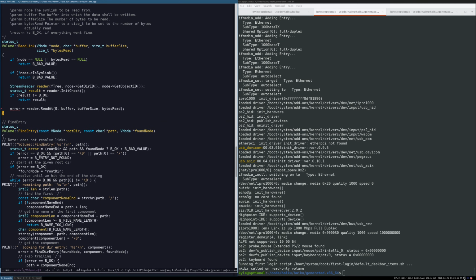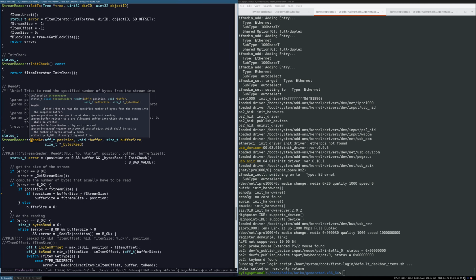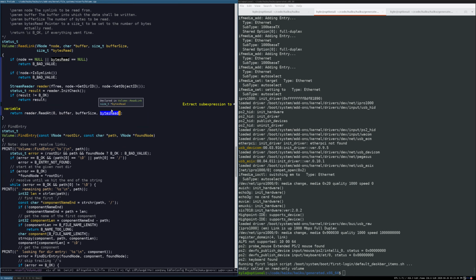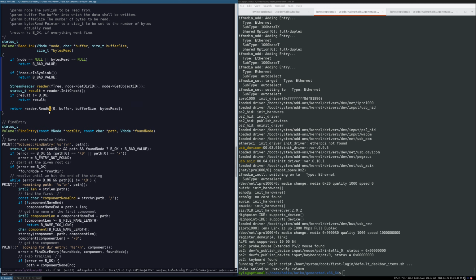And in theory, if we didn't have to change any logic here, we could actually just say return reader read at, because I think read at returns status t. Yeah, and read at is going to set bytes read to currently the number of bytes copied into buffer. So that's not what we want though. So let's say